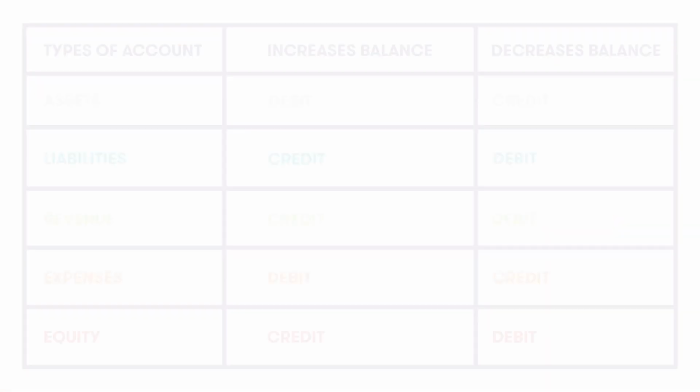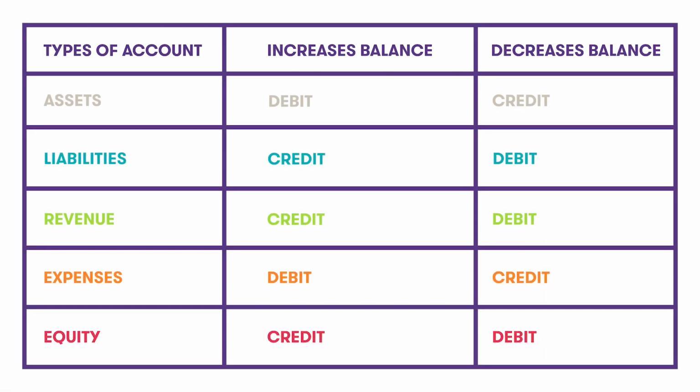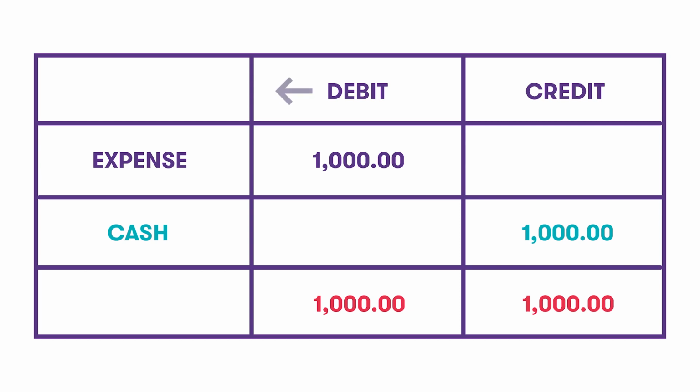The effect that a debit or credit has will depend on the account type. Let's look at an example. If you post a debit transaction to an asset account, it will increase the balance of that account. But if you post a debit to a liability account, the balance of the account will be decreased. A debit is always on the left side of any accounting transaction, while credit is always on the right side